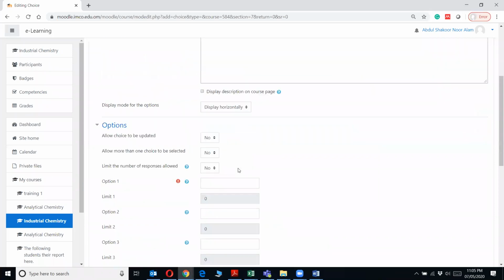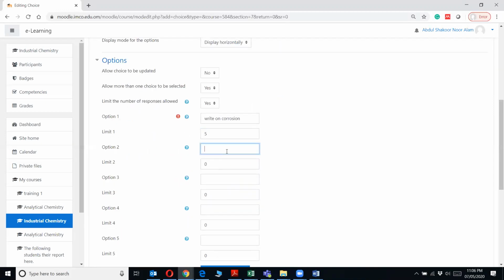Whatever the description is, write it there. Allow choice to be updated. Allow more than one choice to be selected. Limit them. Option 1: what is the assignment? Suppose write on corrosion. I can limit it to only 5 students.